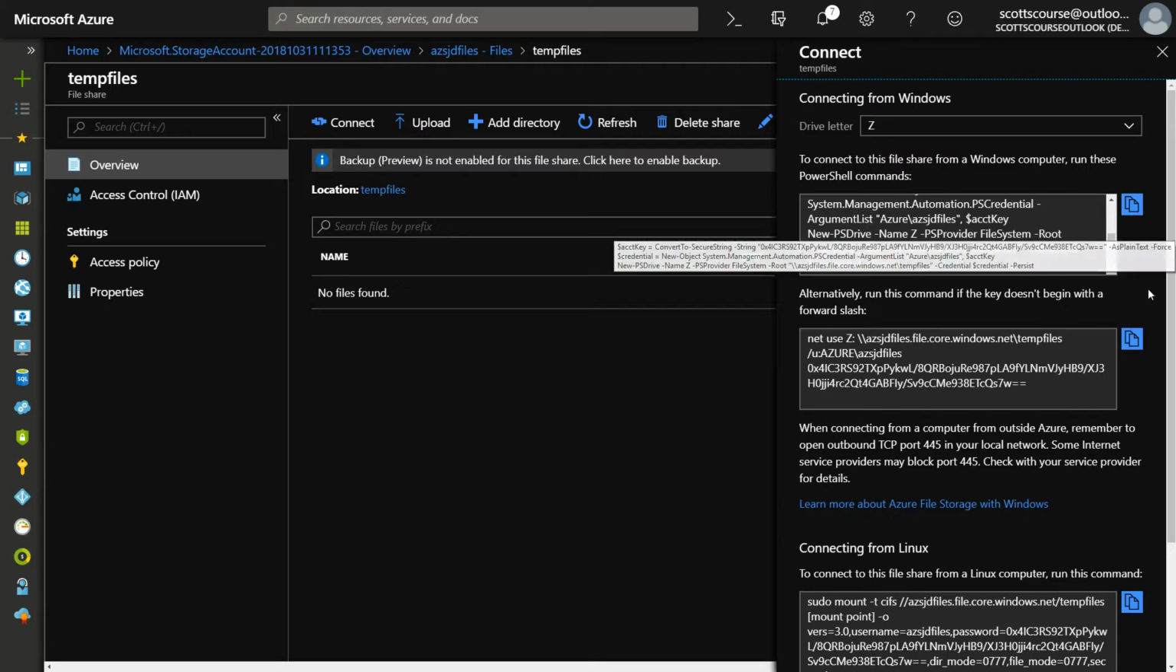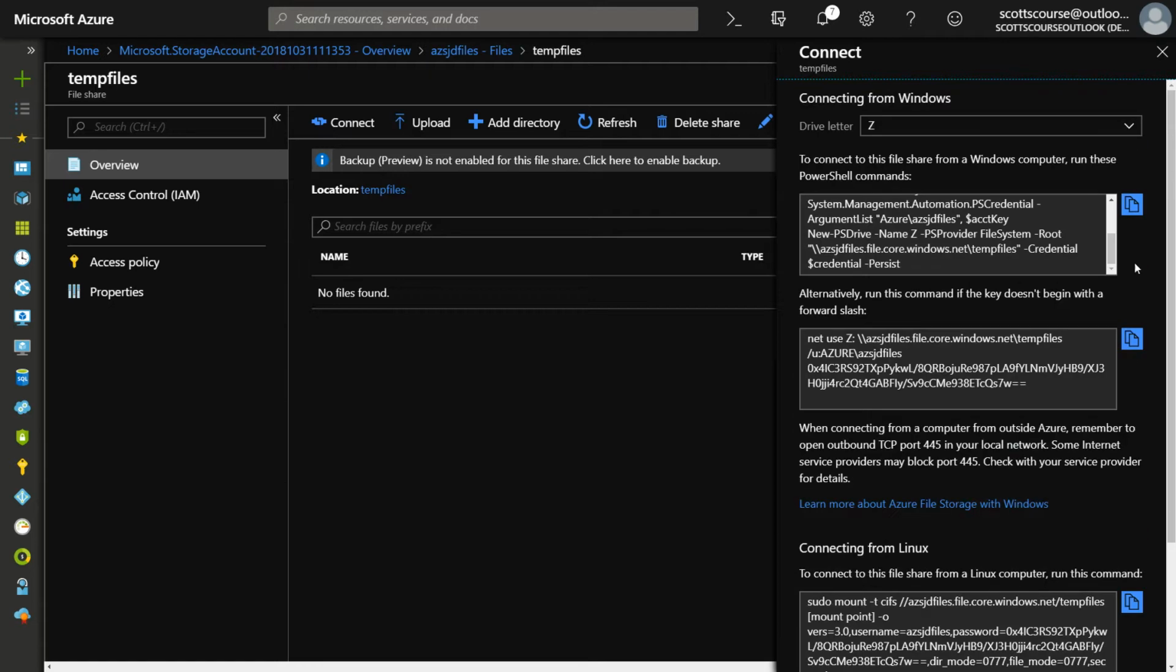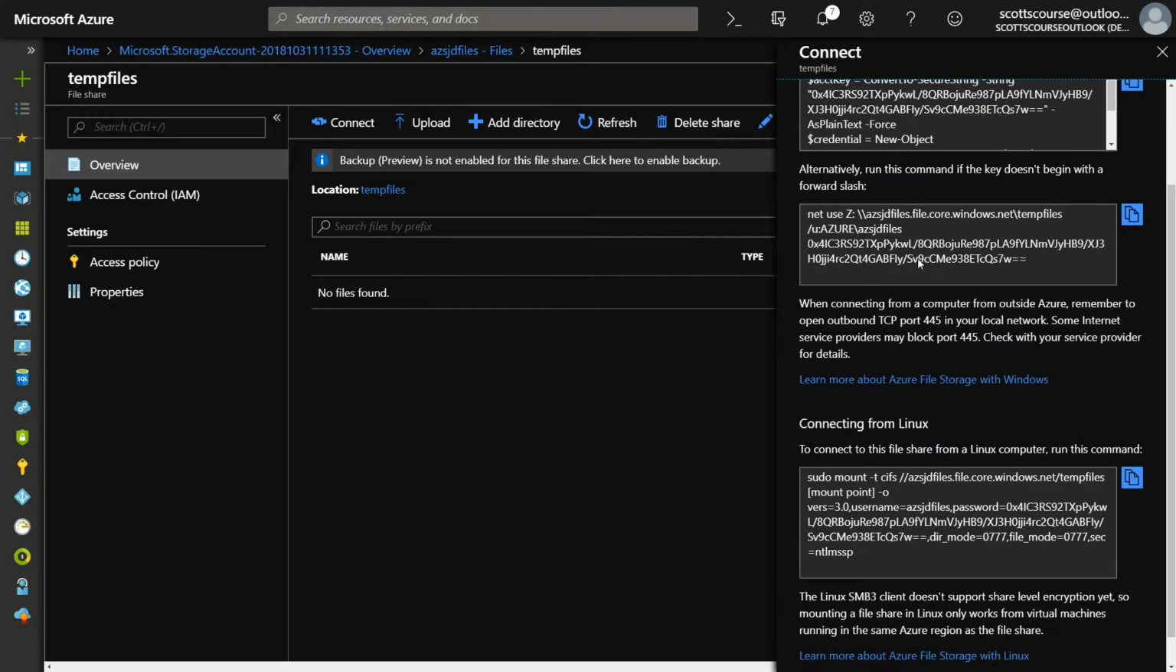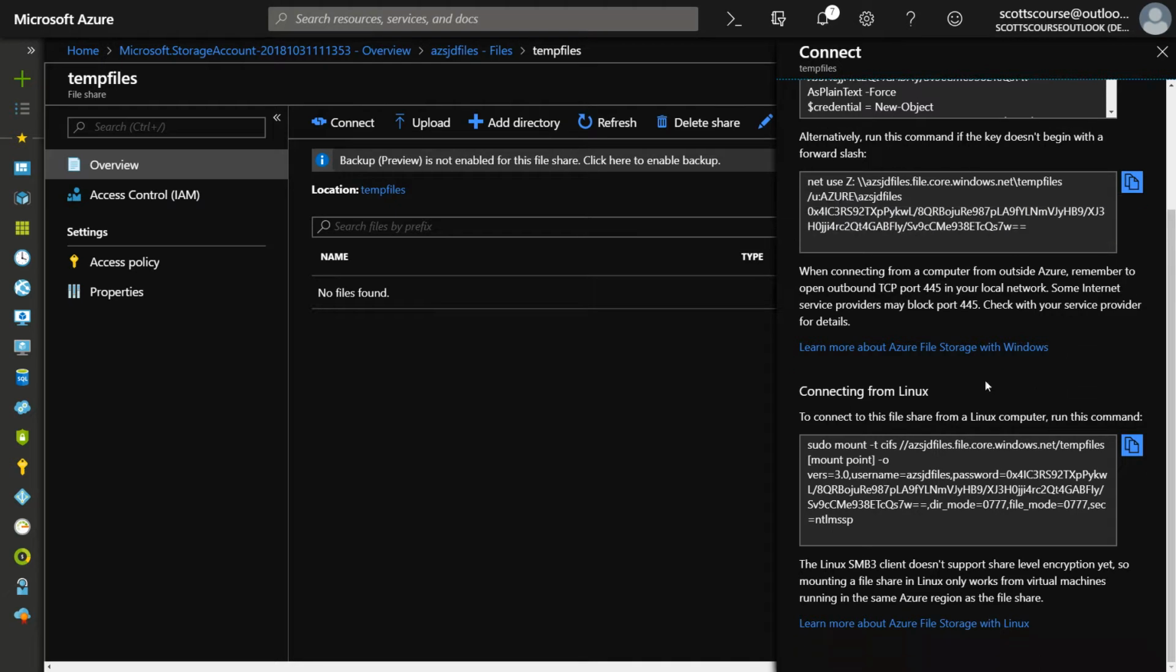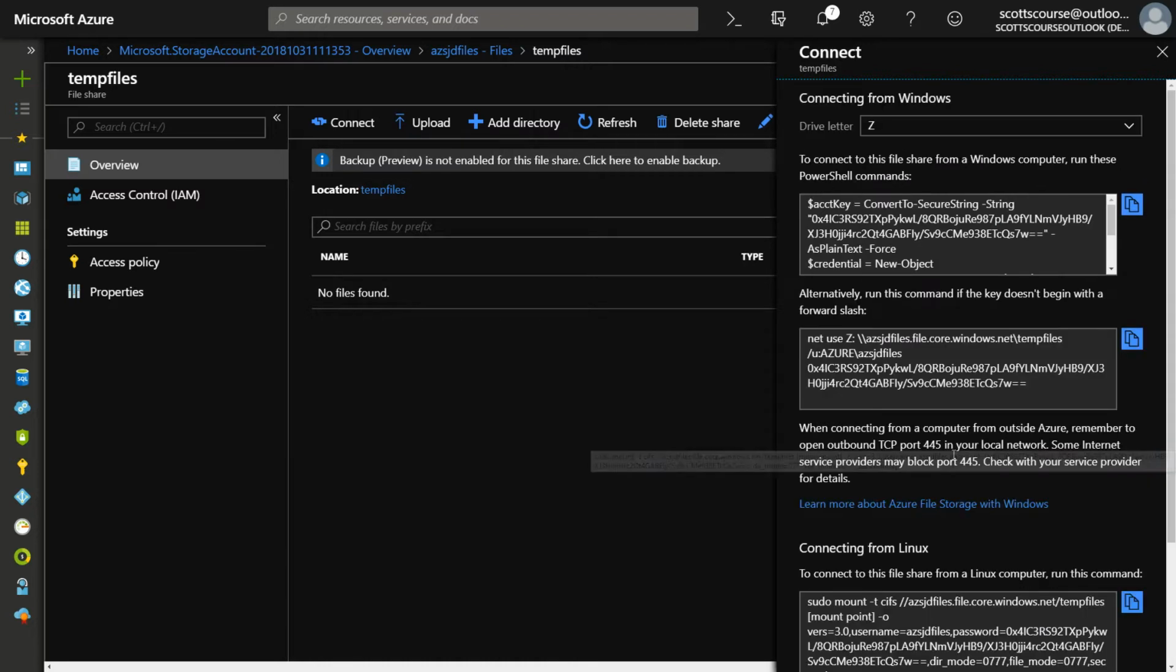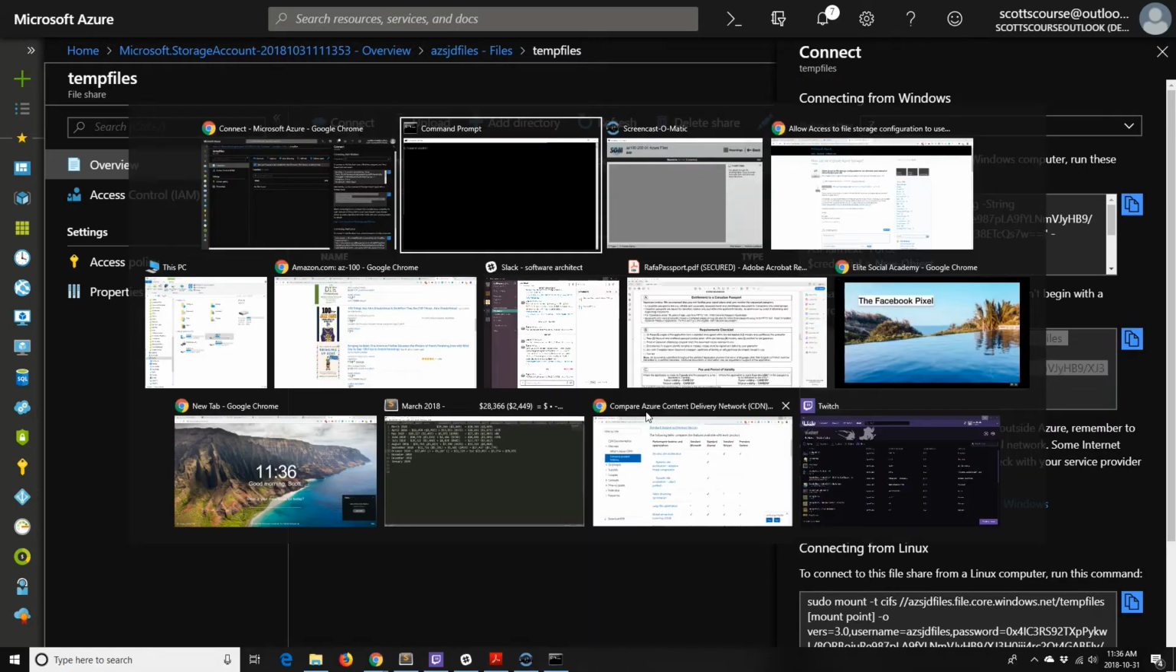So Microsoft's giving us a few different ways to connect to this file share. One is through PowerShell. So they've given us a PowerShell command that we can run in a PowerShell window. The other is through the Windows command prompt, the traditional net use command, which will allow us to mount this drive as a drive letter. And if you're running a form of Linux, then you can use this sudo mount command to mount this as well. Now, I'm going to copy the command line one. Should warn you in advance that